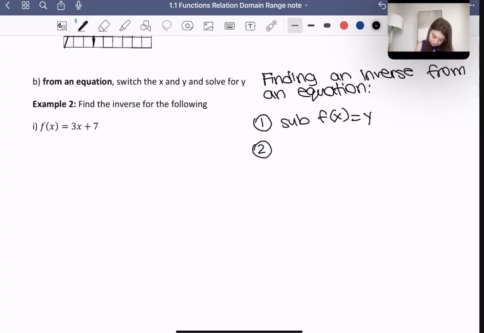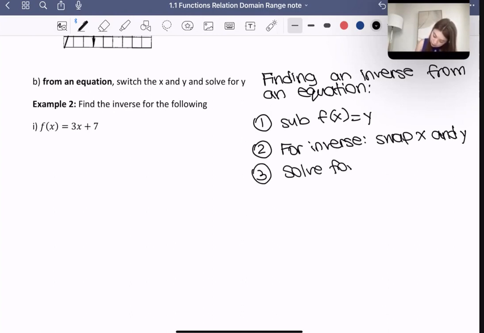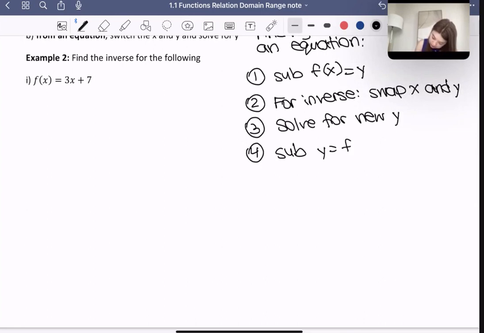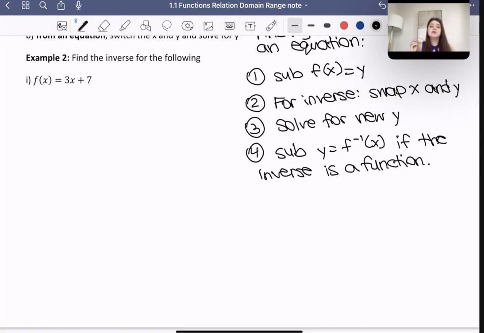Step 2 is we're going to, now for inverse, swap x and y. Step 3 is we're going to solve for new y. And then step 4 is we're going to sub y equals to our inverse notation if the inverse is a function. And that's a key point here, that sometimes the inverse of a function is not itself a function. And so in those cases, we would not do step 4